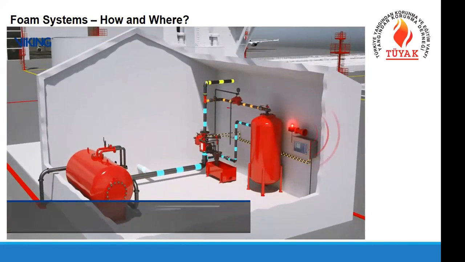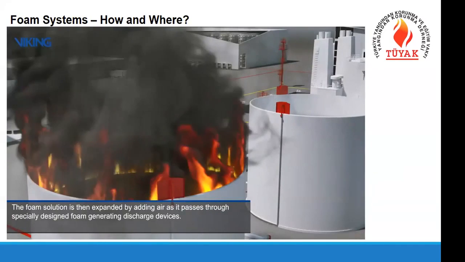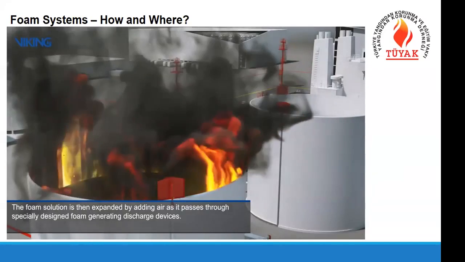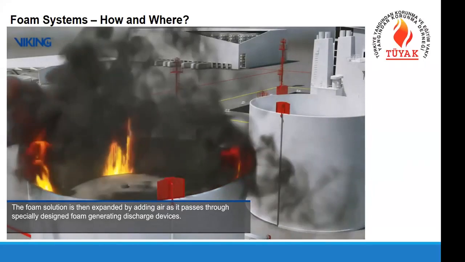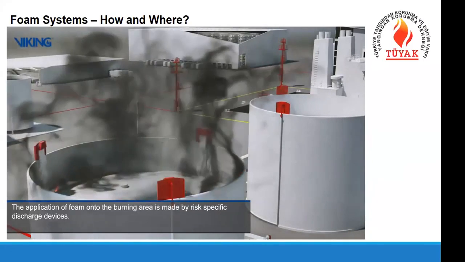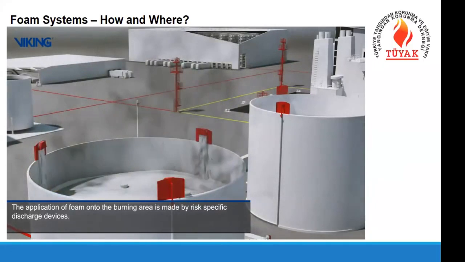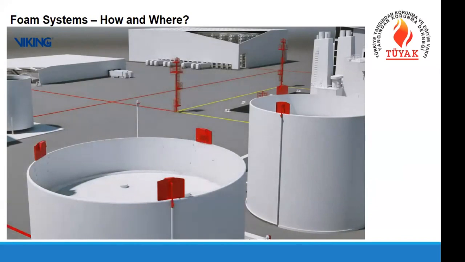So in the related section, the deluge valve, as I showed you in previous slides, opens and sends the water on the pipe from the proportioner. The proportioner mixes the foam in the necessary quantity and sends it out to the discharge devices over the tanks you see. And in the tank rim area, the fire is controlled very fast with the foam system